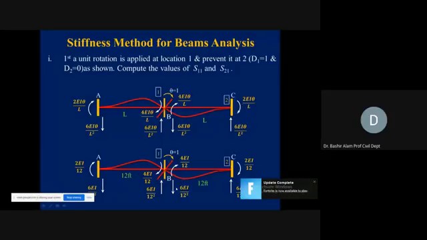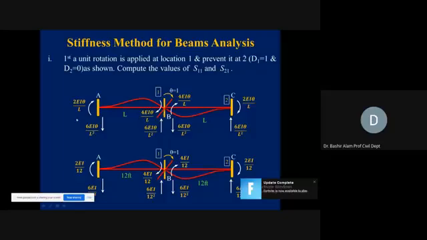So that is why we have a basic determinant structure. And corresponding to D1, we are now allowing unit rotation. And as a result, we are finding out the member end actions. Now, if you see here,